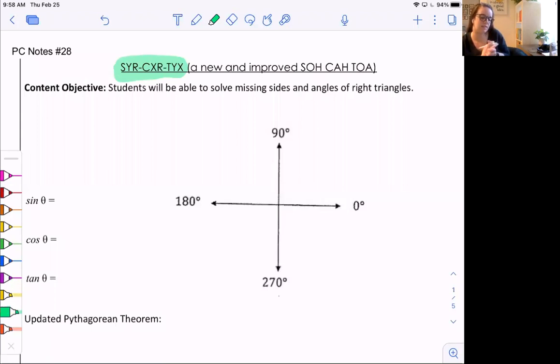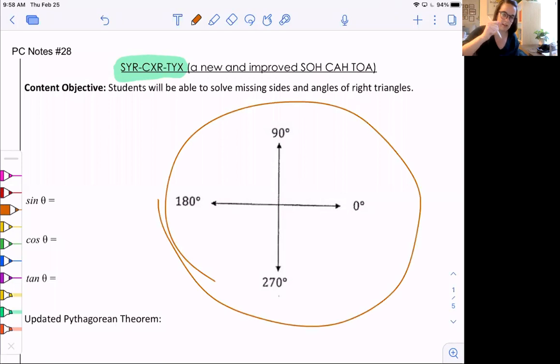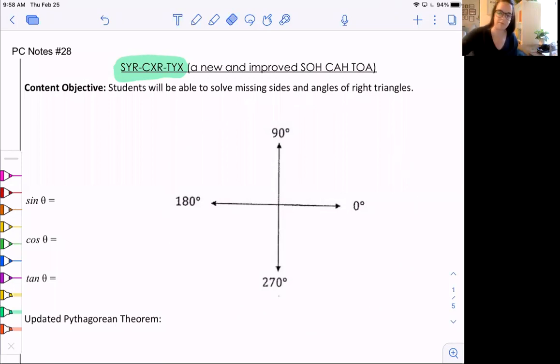So we have sine, cosine, tangent. I have a content objective, and then a goal for our class today: that you'll be able to solve missing sides and angles of right triangles. We're going to do that on a coordinate plane like this. So we're gonna start by working with this coordinate plane, and we're gonna be dealing with sine, cosine, and